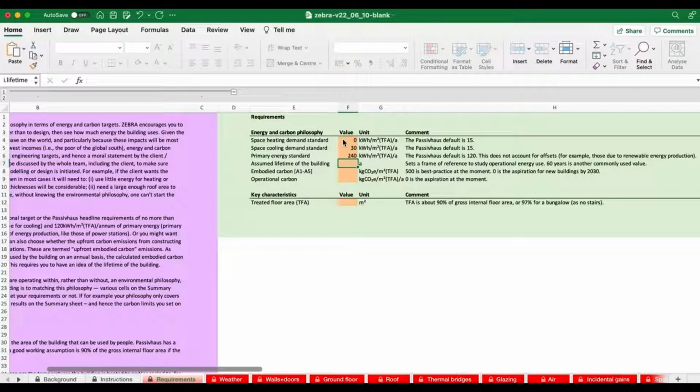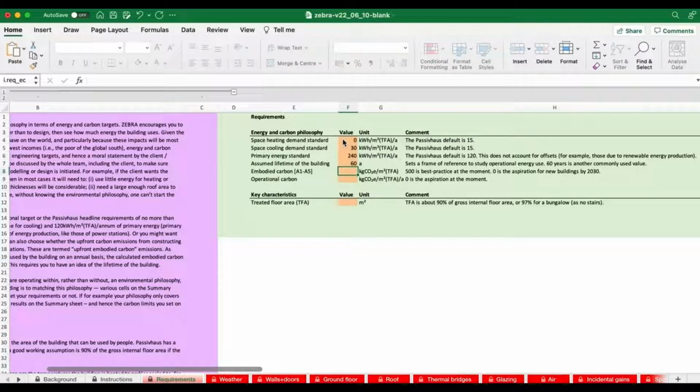We've then got to say what the lifetime of the building is, and this is important because the embodied carbon will be factored across this time period. We're going to assume 60 for this building. And then we've got to think about the embodied and the operational carbon of the building.